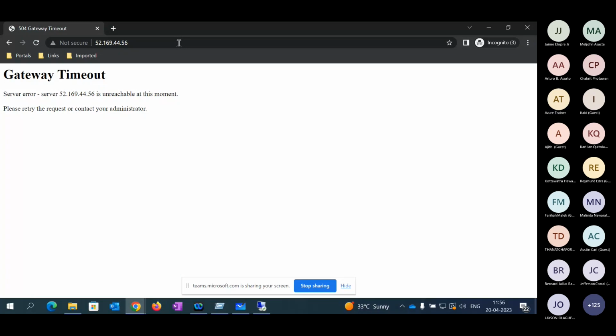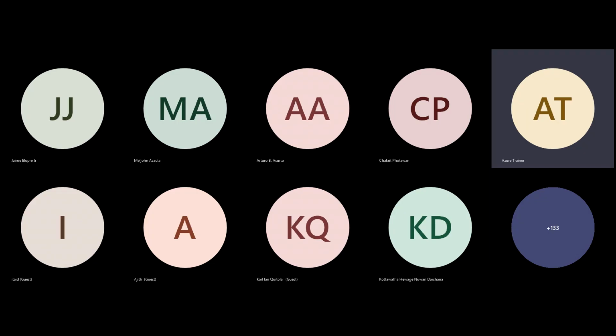So right now, team, even if you created a web server, since I didn't configure any rule or exception or allowed condition in my NSG, that's the reason I'm not able to access this server. For example, if you go to the portal here, to add this rule you need to go to the particular VM, or the particular NSG you need to connect to. Right now we have an issue with VM1. I'm going inside the NSG here. I have an NSG available here, connected here. You can see the NSG name.